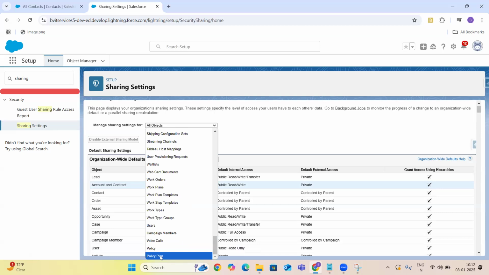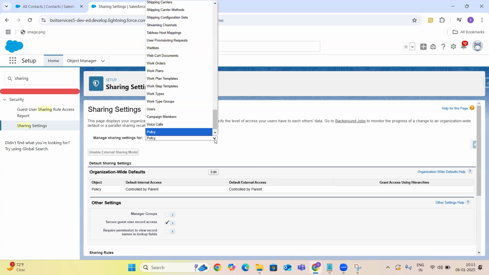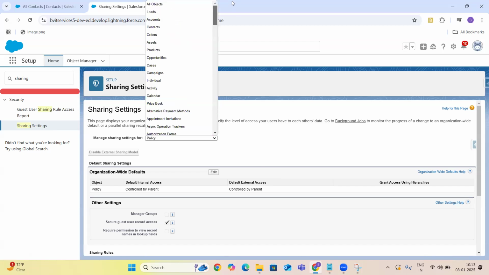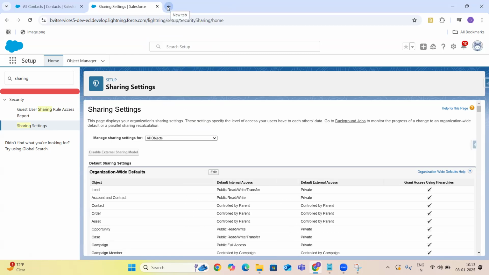In case you would like to see the sharing setting for a particular object, then you can just filter that, and it will display that particular object's sharing setting. Or else, if you select all objects, then it will display all objects' sharing settings.